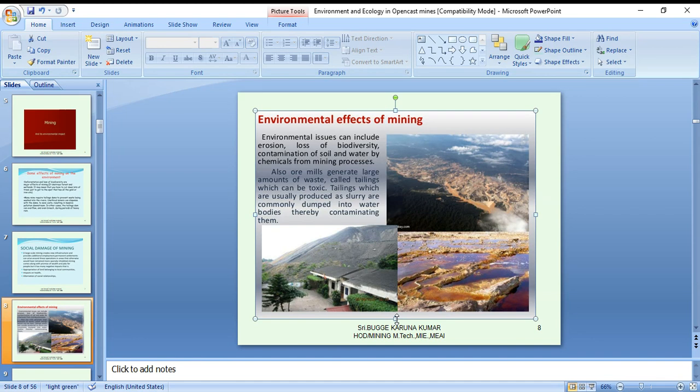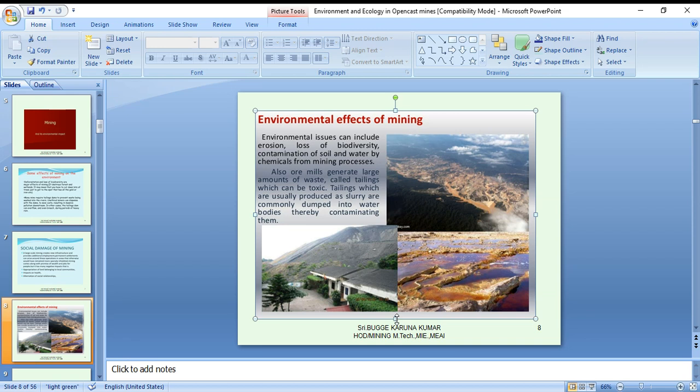Also, ore millings generate a large amount of waste called tailings, which can be toxic. Tailings, which are usually produced as a slurry, are commonly dumped into water bodies, thereby contaminating them.